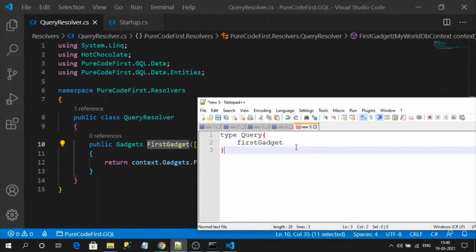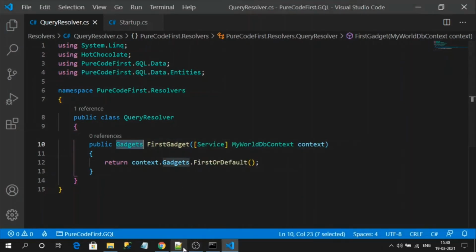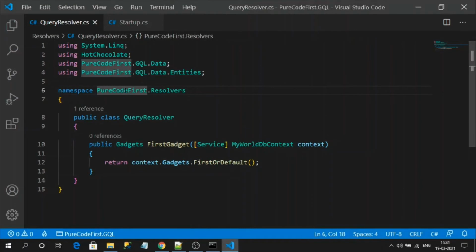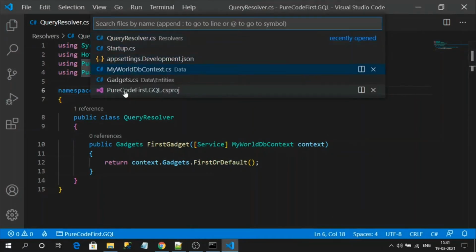And after the colon comes its return type. What is its return type? Gadgets. It also defines a normal complex type, like type Gadgets, with gadgets in capital. So this is how the query looks. And this Gadgets is nothing but our gadgets class, a plain C# class.